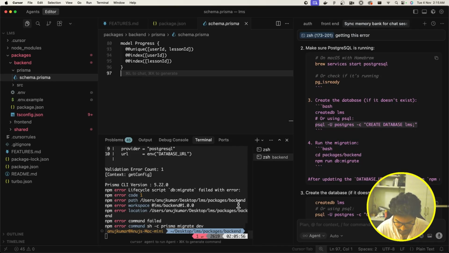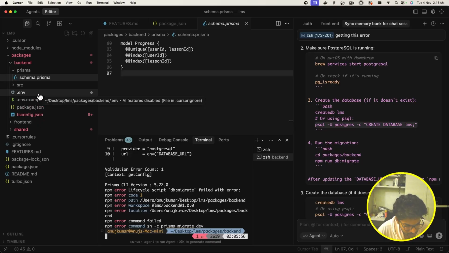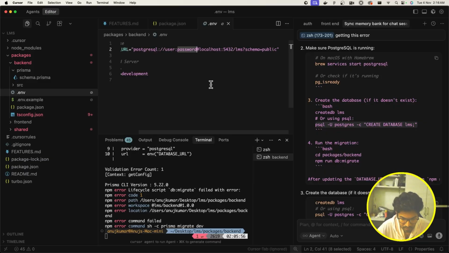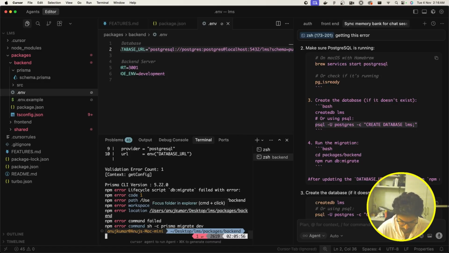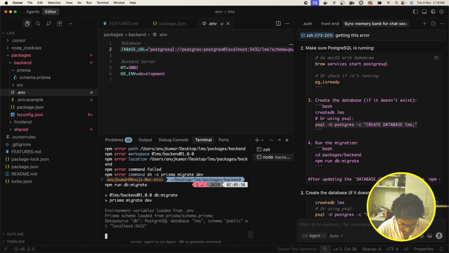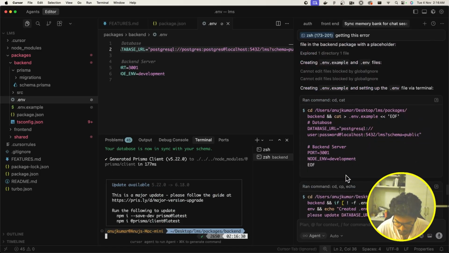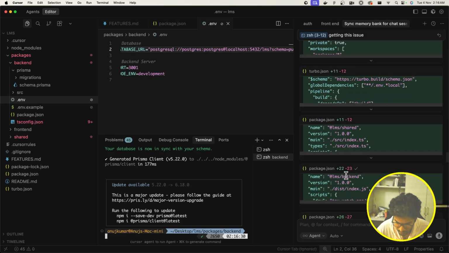So now probably we can run the migrations, or actually we need to set our database URL first. The username is postgres, and the password is also postgres, right? So let me now try to run the migrations and enter a name for the new migration. Let's call it initdb, right? So yes, now we are able to run the migrations, and let's go up and see how we can run